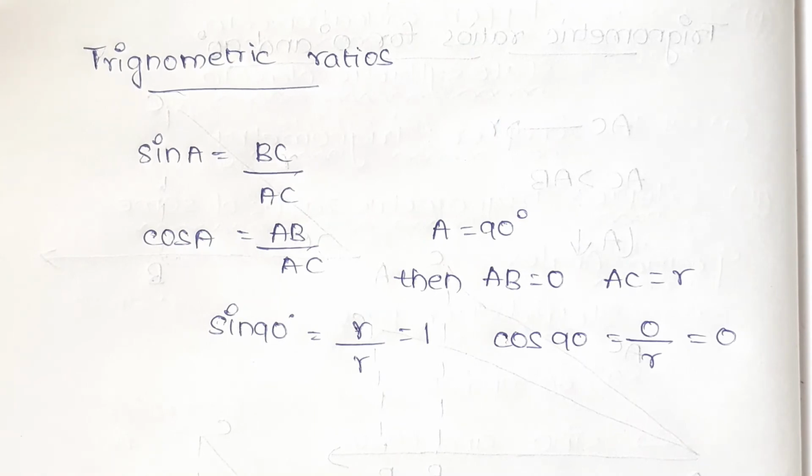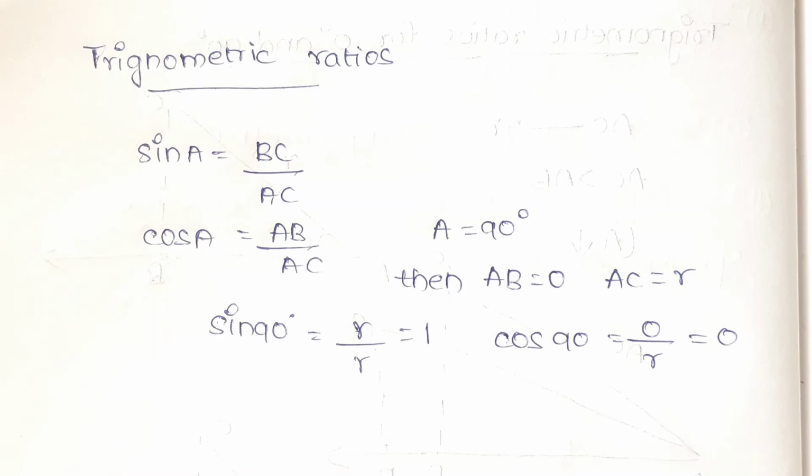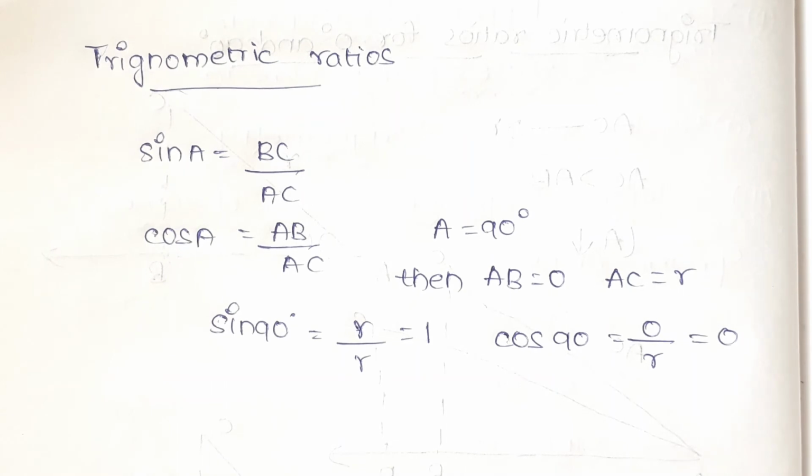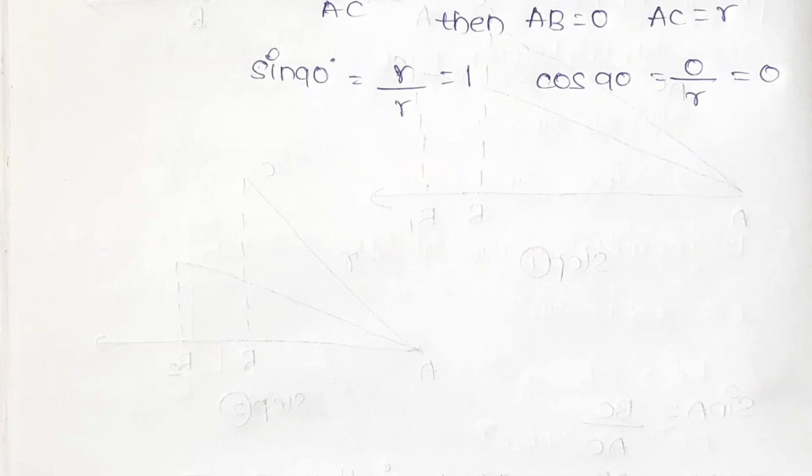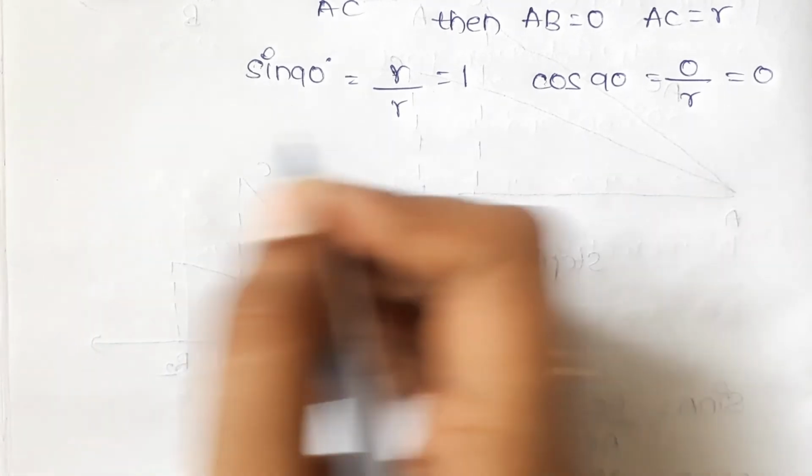And this is about the trigonometric ratios of sine, cos, tan, cot, secant and cosecant with the specific angles, that is 0 degrees, 30 degrees, 45 degrees, 60 degrees and 90 degrees. And from all these trigonometric ratios, now I will show one table, and if you keep that trigonometric table in mind, you never forget trigonometry. Now let us see the table which I have discussed above. Now the table.